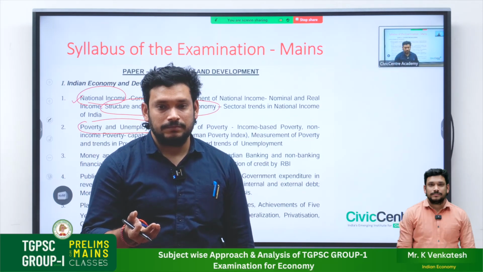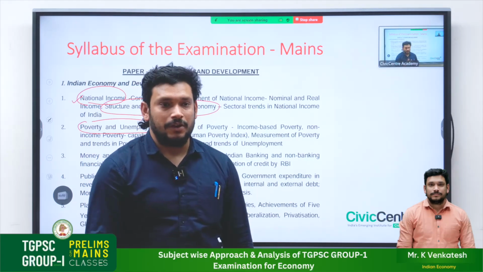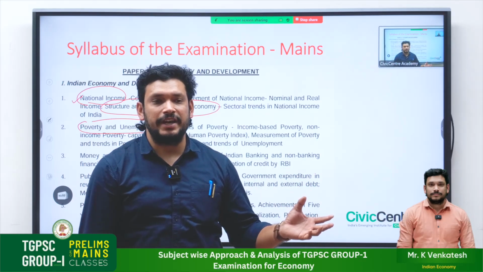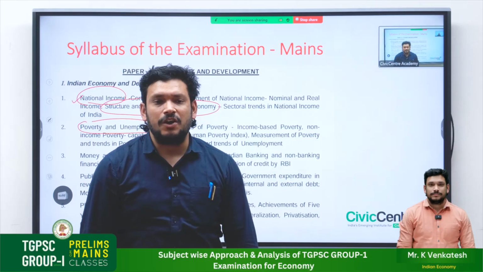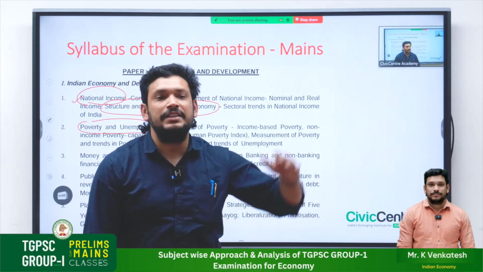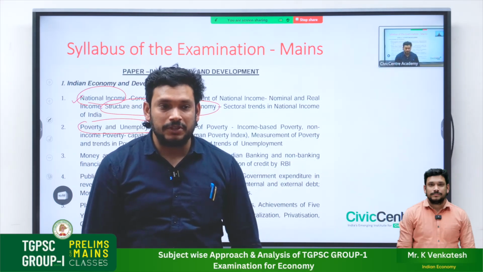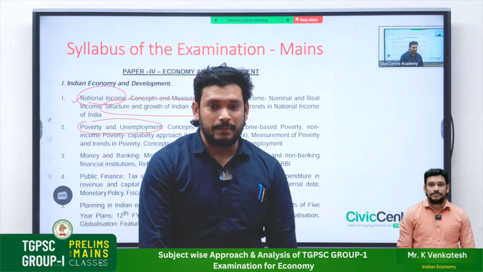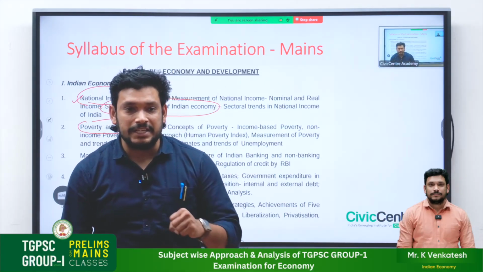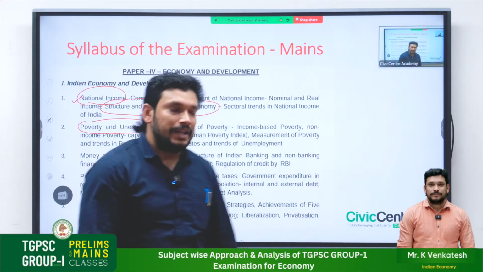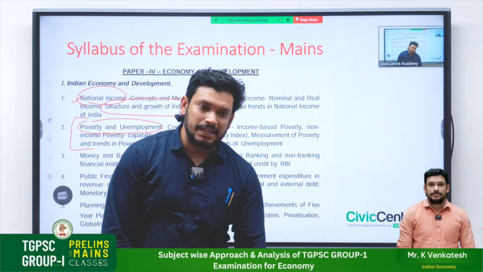And development means, along with the GDP, the human resources: how the human development will be. Very good. So economic growth means you will be just looking at the income that is coming. You will be looking at per capita income of everyone. But if it is economic development, you will be looking at how healthy they are, how qualified they are for any job. So these are the aspects that you look at for economic development. These days, the Indian government and even the Telangana government are giving more preference to economic development. That's why poverty and unemployment have been given in the mains examination.